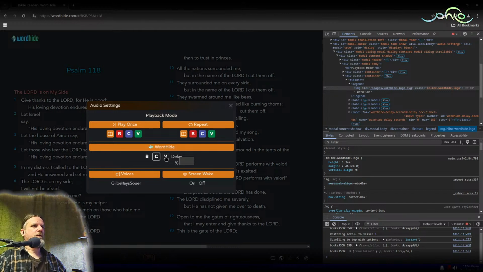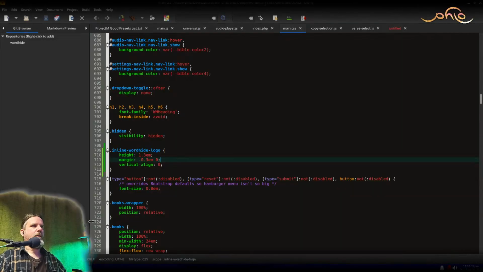So I need to change the colors on those, and I need to fix the styling on the rest of the stuff. I think what I did is something like a fixed width for every child of the flex box, is probably what's going on here. So that's why these, Gilbert, Hayes, and Sawyer, are overlapping. That's why this input is nasty looking. So I'll have to revisit that CSS.